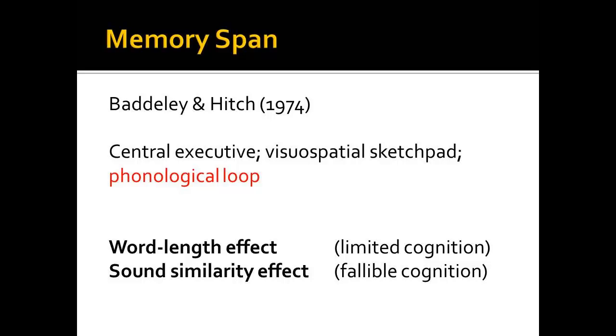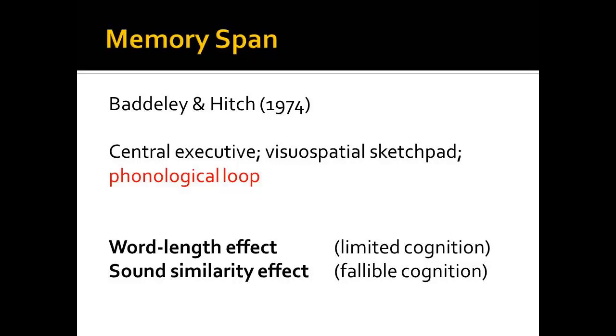So would you be fine if you did articulate it all within 2 seconds? Well, not necessarily. Our cognition is limited, but it's also fallible. In other words, we also tend to make mistakes, even if we're working within the 2-second limit of our loop. So let's say that we have to remember a list of letters. The inner voice articulates phonemes to represent those letters. But letters can often sound the same.